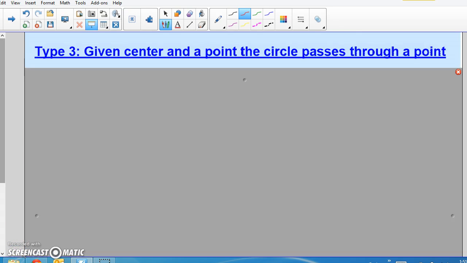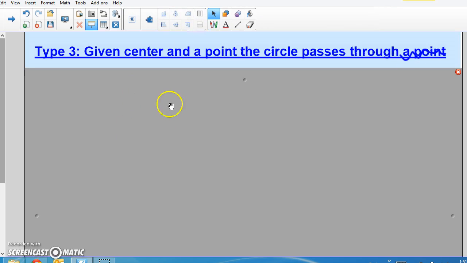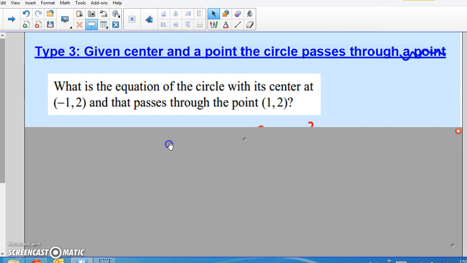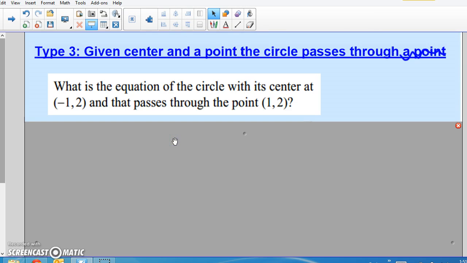Okay, the third type of problem relating to writing the equation of a circle is if we're given the center and also a point that the circle passes through. We're going to take out this last piece over here. So basically a point that's on the border of the circle. So an example would look like this. What is the equation of a circle with its center at (-1, 2), and it passes through the point